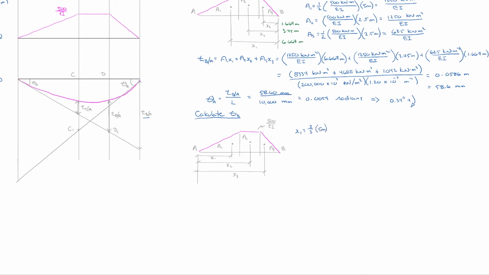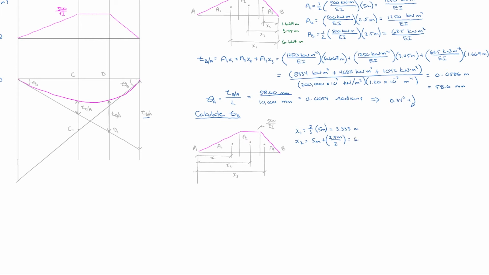It's equal to 3.333 meters. X2 would be equal to that 5-meter initial distance plus half of the 2.5 meters, so 2.5 meters divided by 2,